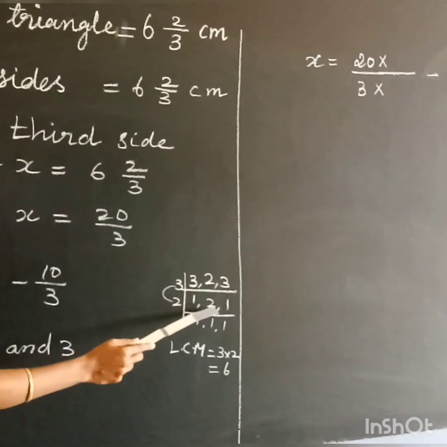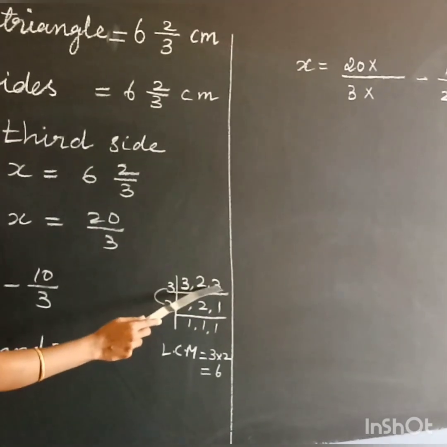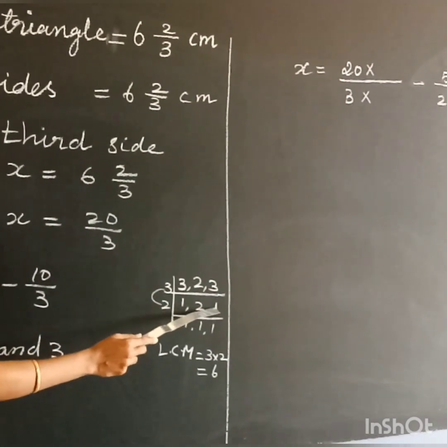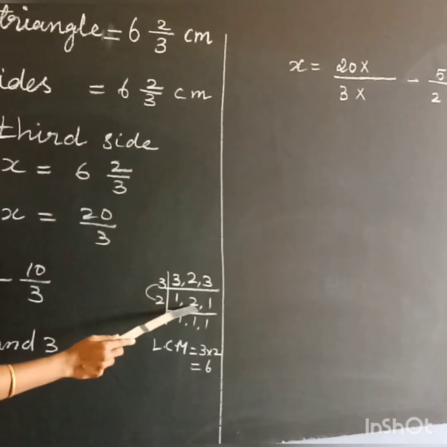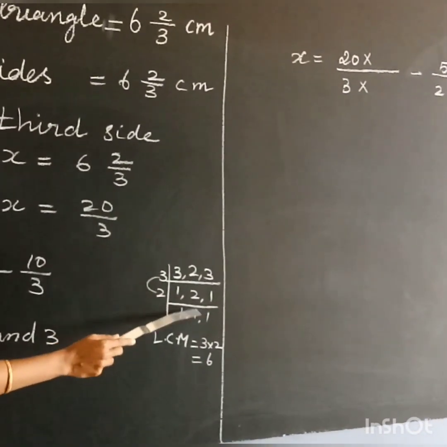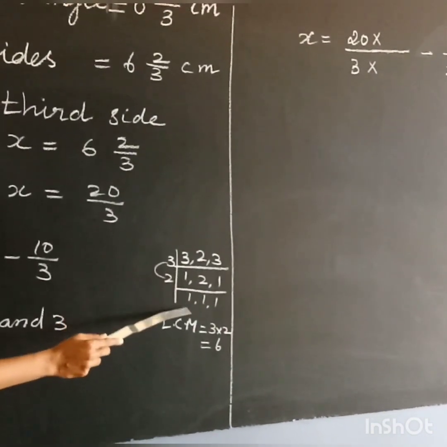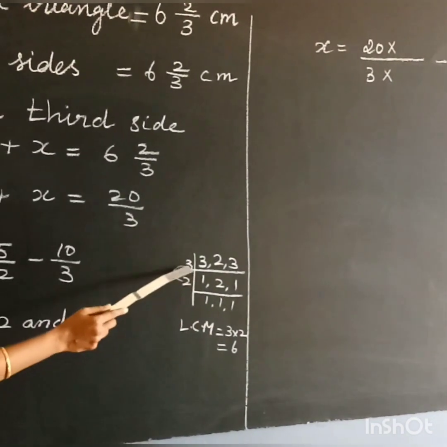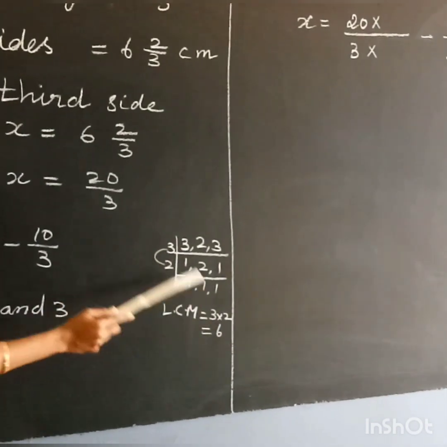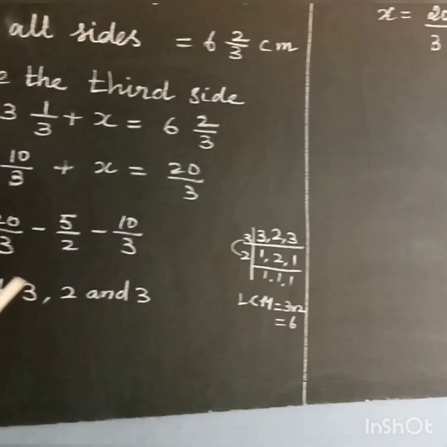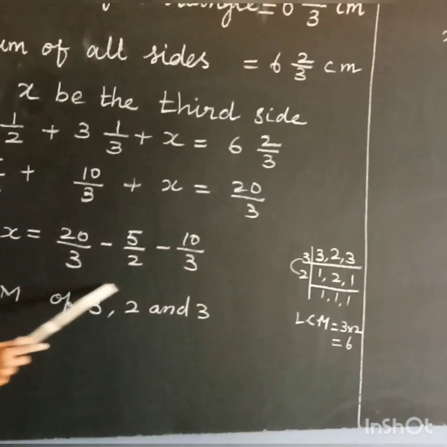So write 2 itself here. And 3 divided by 3, you get the answer 1. And then here only 2 here. So 2 divided by 2, you get the answer 1. 1 itself doesn't come in the 2 table, so you have to write it down here. And then 3 2s are 6. That is your LCM answer. Now we have to change the denominator to 6.